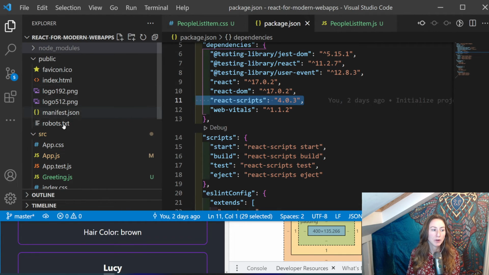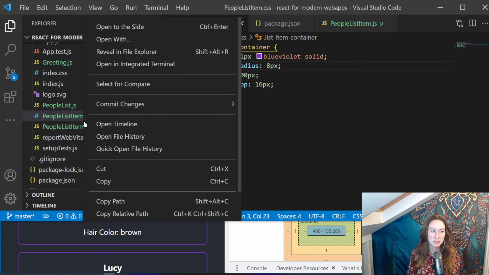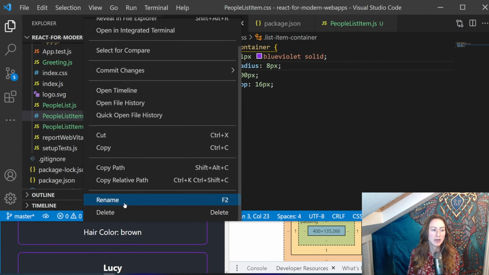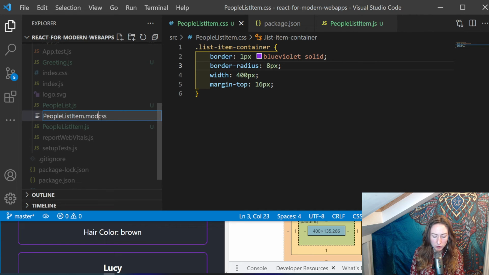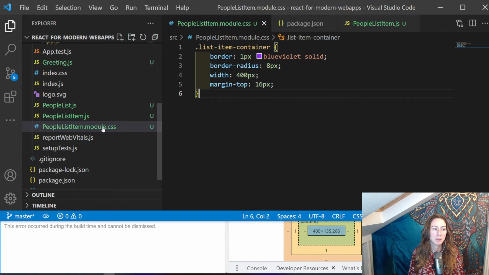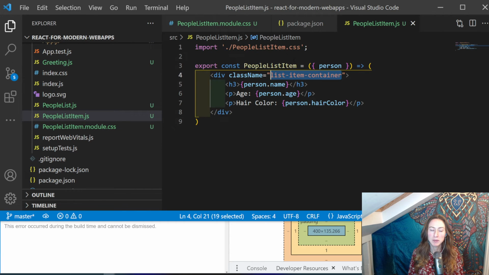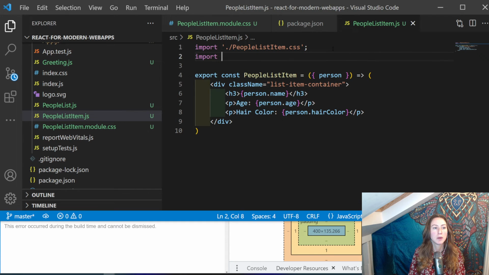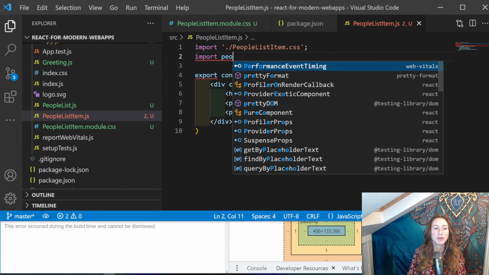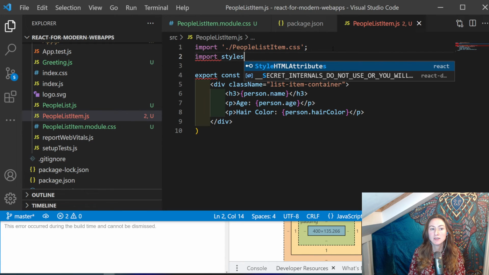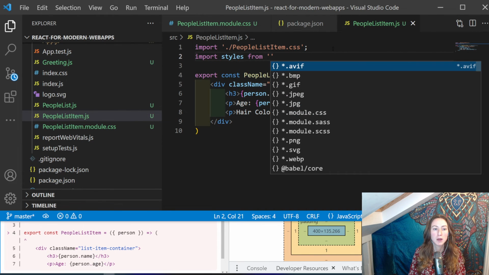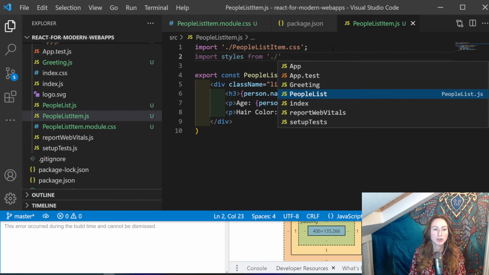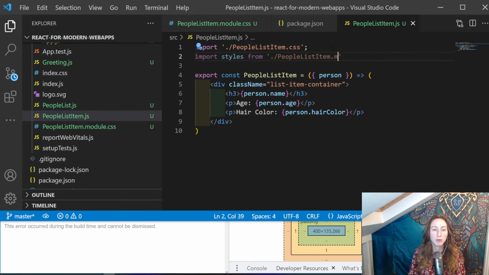Perfect. So now if I go to my people list item.css, let's rename this to people list item.module.css. This is how I do it in work and in my projects. Then you can import this file in your people list item by giving it a name. So we can say import people list item styles, or whatever you want. I normally just say styles or classes from, and then you give it the import. So you say people list item and you give it the full import